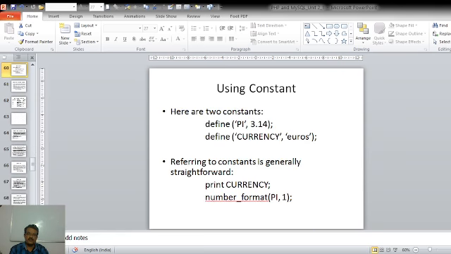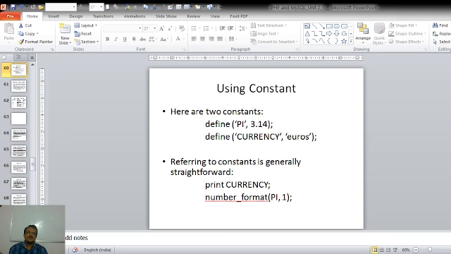For example, suppose we have declared two constants. One is pi. This is a universal constant. Everybody knows this; some of you might have learned this in mathematics.